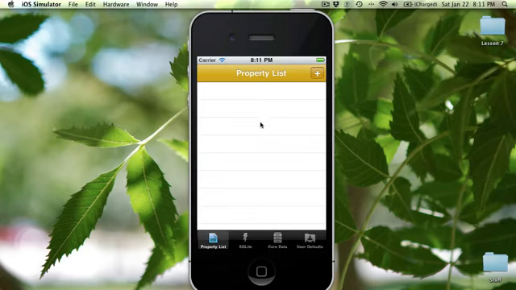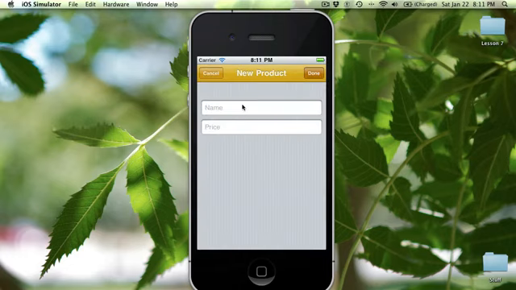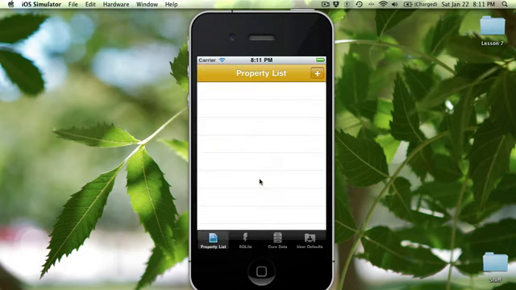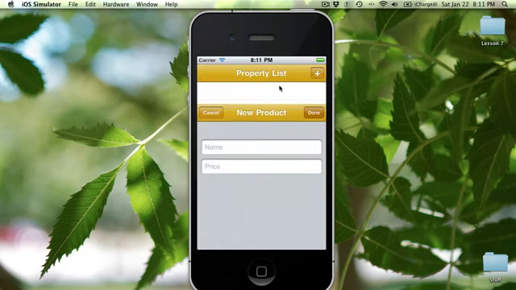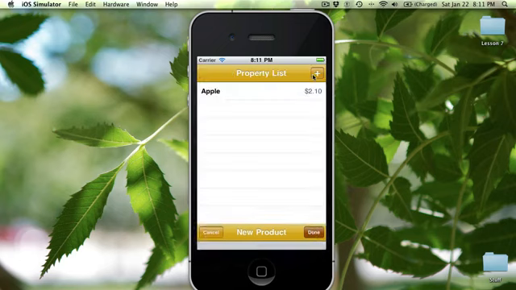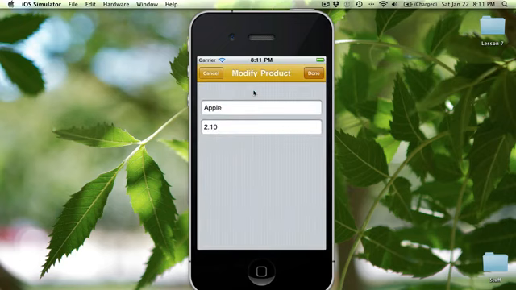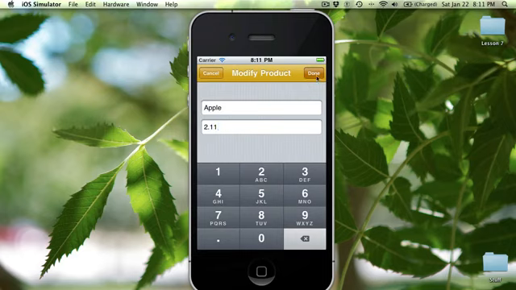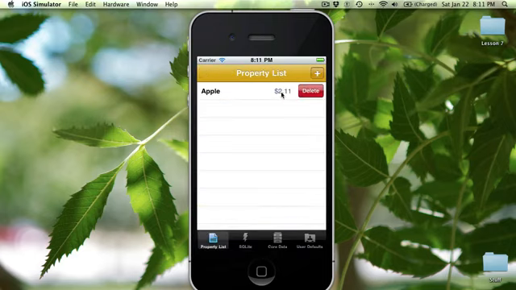So looking at the interface here, we have a table view which will show the records when they are created. We have an add button to add a new record into our data store. In this particular case, we're going to add products with a name and a price. And then once that record is created, we will then be able to modify that record and also delete it. So we have a create, read, update, and delete method in all of these three controllers,